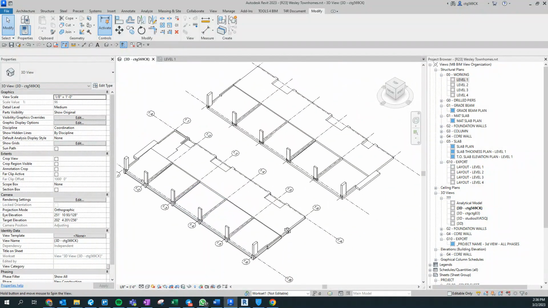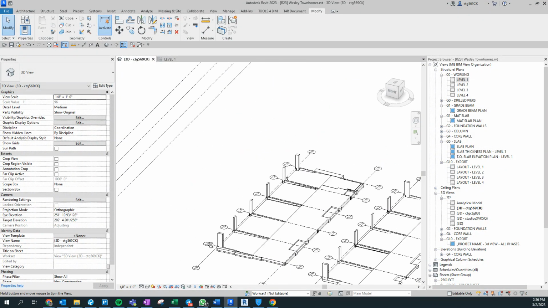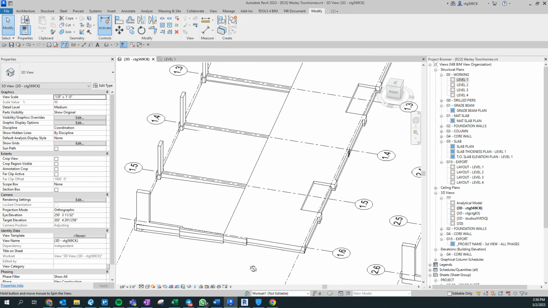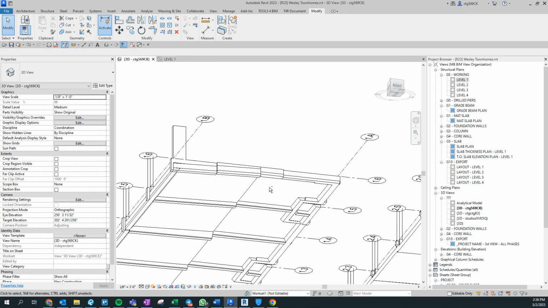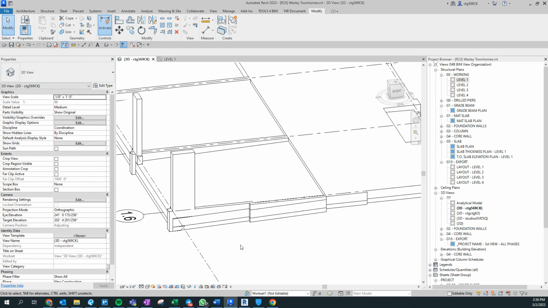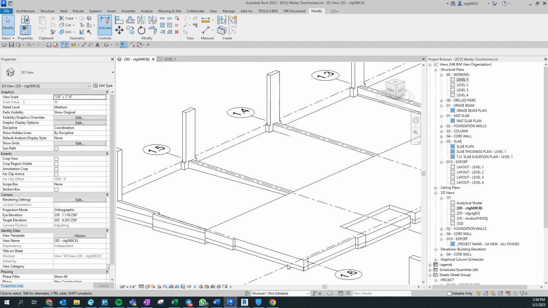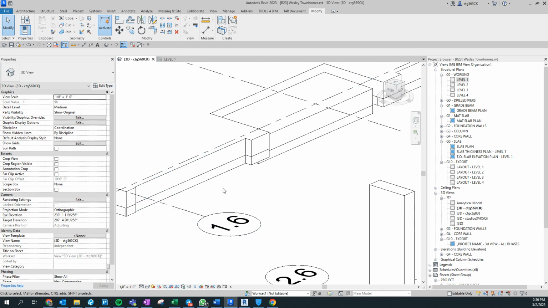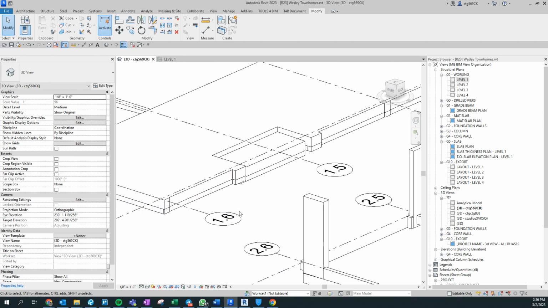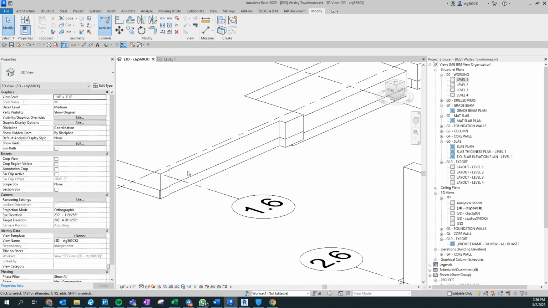Okay, so now we have everything modeled here for our slabs. So we can do the easy thing and get our grade beams modeled as well. The one thing is that I've not gone through and started doing the brick ledges yet. And the main reason for that is right now we don't have the information about what the elevation of those